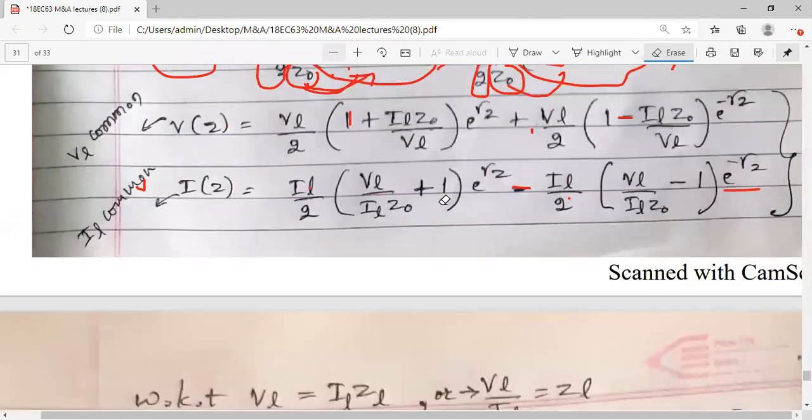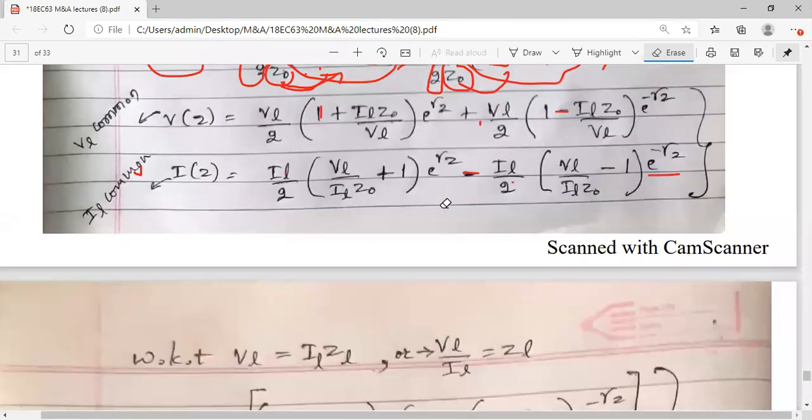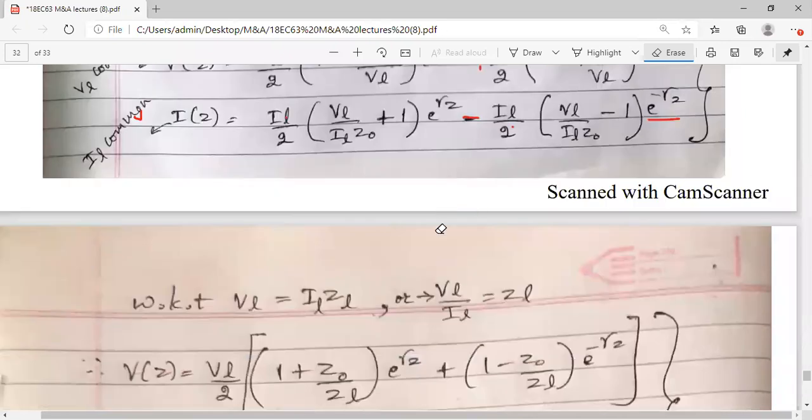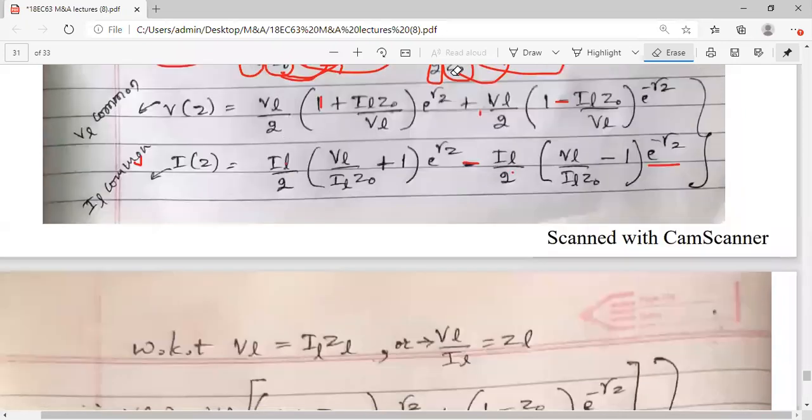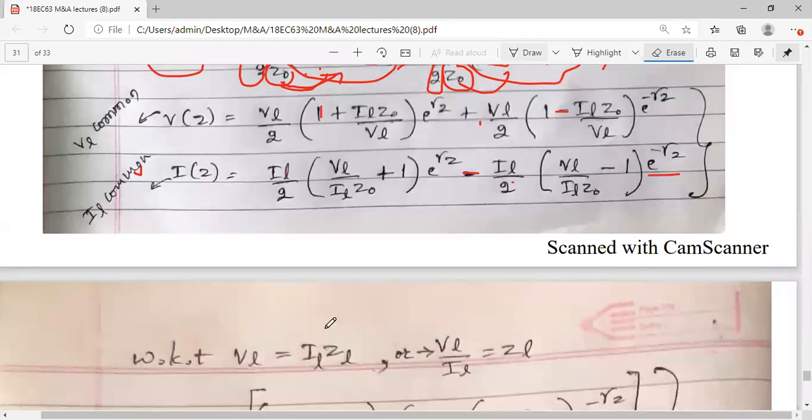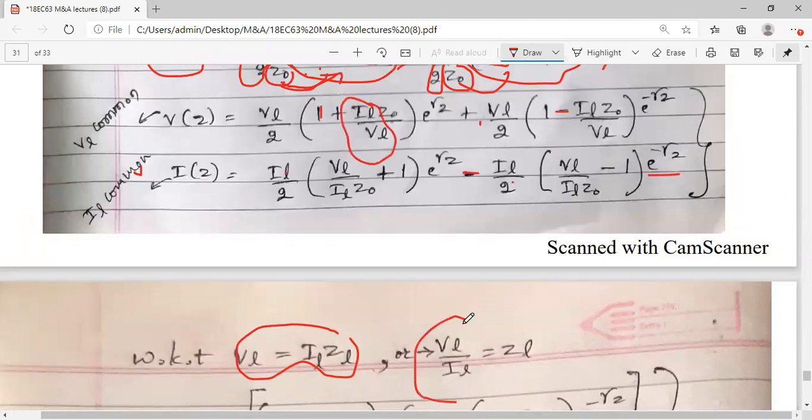Let me just zoom out a little. Okay, what I can do further here is, we know that VL is equal to I into Z, V equal to IR. Okay, from that concept, we can do some rearrangements here. In the first equation, you have this IL by VL. What is IL by VL? 1 by ZL. Here, reciprocal, 1 by ZL.